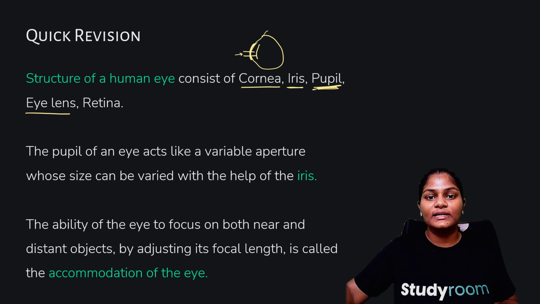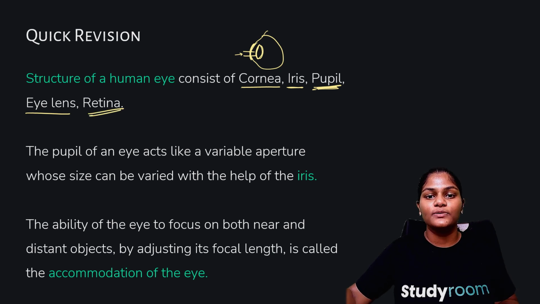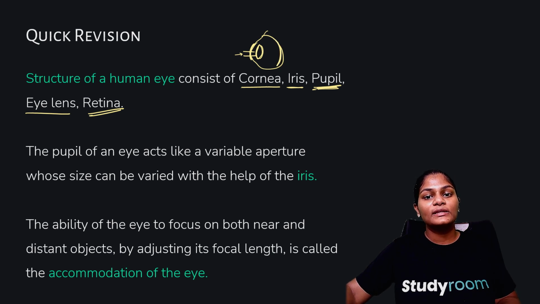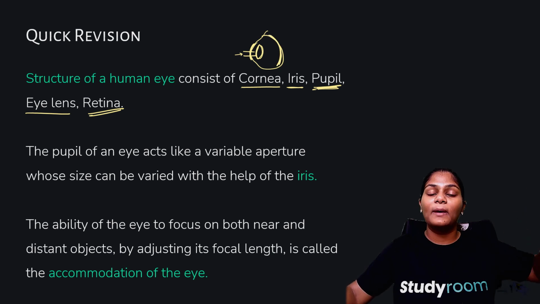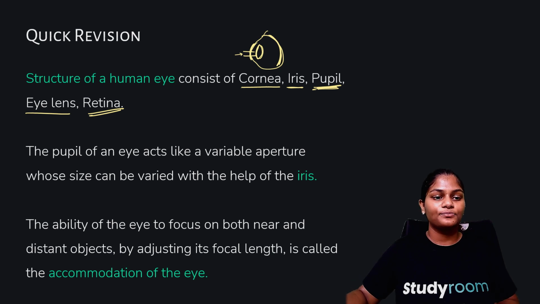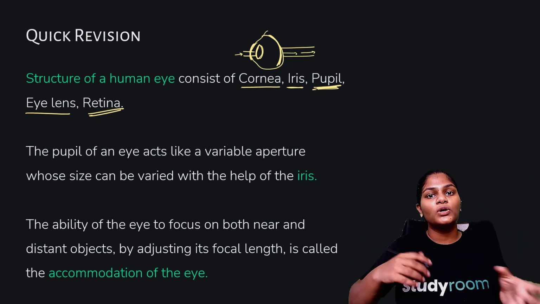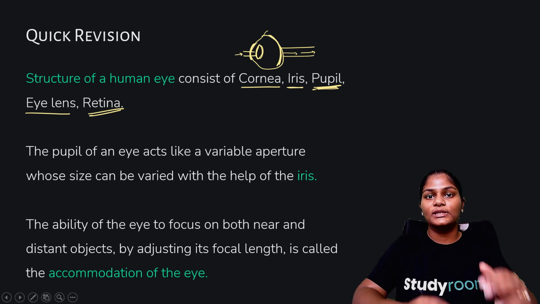Okay. Eye lens. What is the eye lens? The eye lens is the lens present inside your eyes, which is responsible for the refraction of light and then the formation of the image on the last thing that we have to study, which is the retina, which is basically the screen behind the eyes. At the back part of the eyes, the screen where the real and inverted image of the object is formed. Okay. And then for additional information, here it's the optic nerve, and the optic nerve sends signals